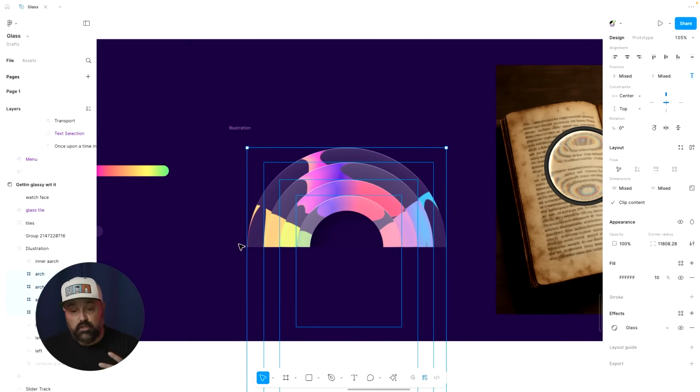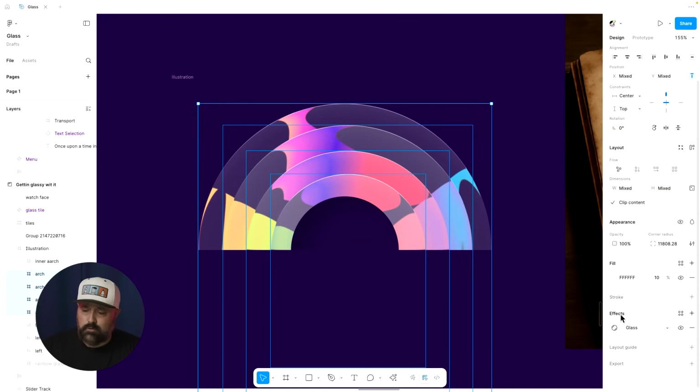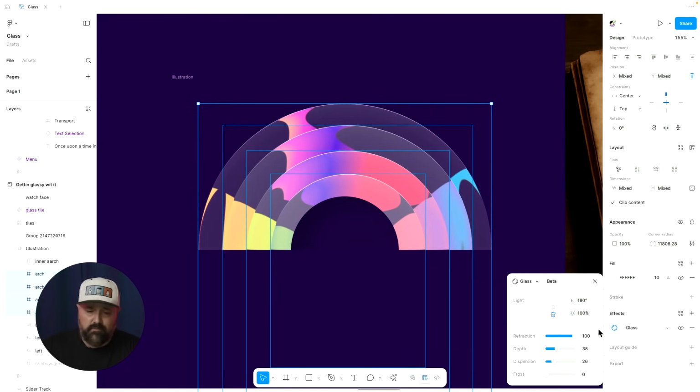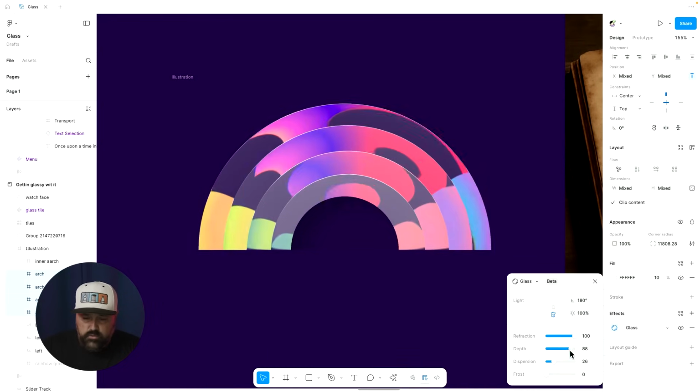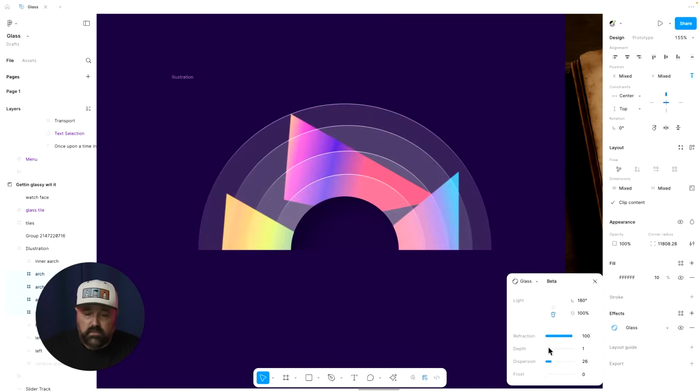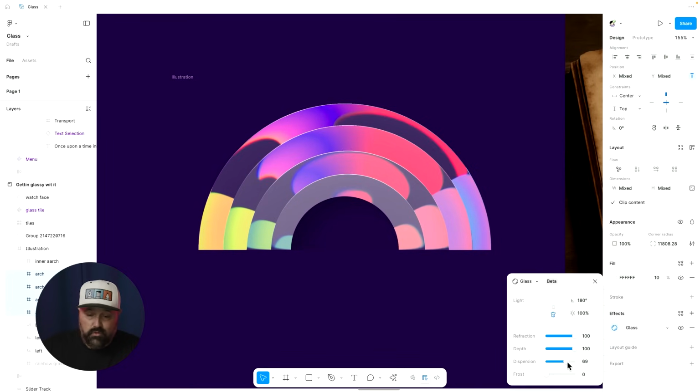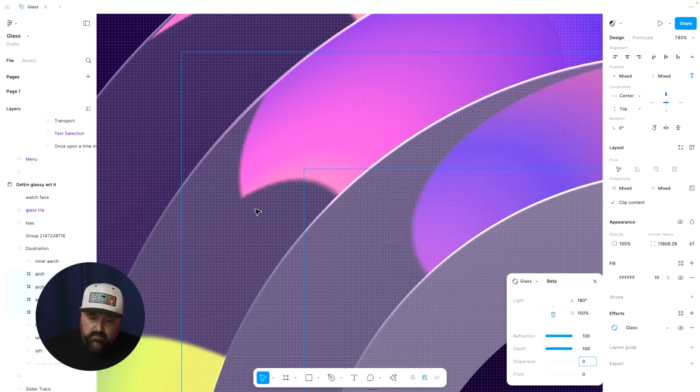Glass tends to look really cool from an art perspective when it's over any kind of object that has hard edges on it. And so in this case, you can see how cool this is. I can imagine there's gonna be a lot of really cool art coming out just based off of this glass effect alone. But of course we can play with this, and you can see how quickly you can come up with something that's really wild and cool. Once again, we can see that dispersion effect. If I come here to the edge of this object, you can see that it starts bringing in